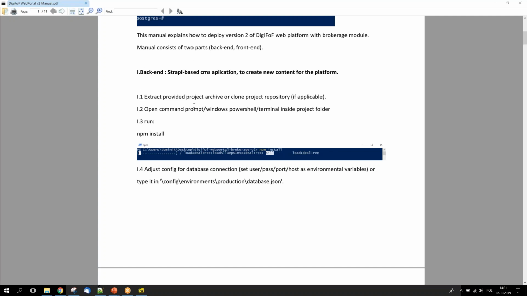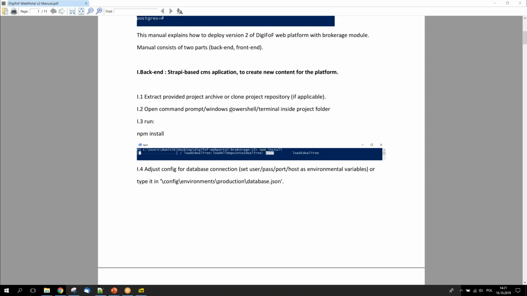The backend is using Strapi, and the frontend just governs how it will look. The important thing that you will need to learn is how to run all those elements. Probably the most useful tool for you will be Windows PowerShell, which you have by default on your machine if you're using Windows. The command prompt may be a little bit more technical, a little bit more problematic for you. So please try